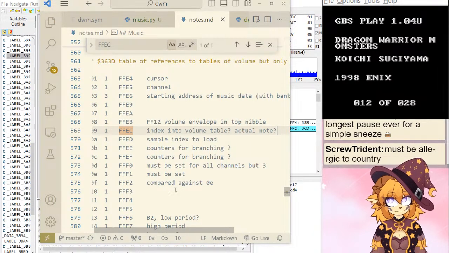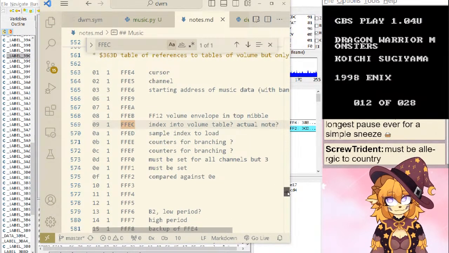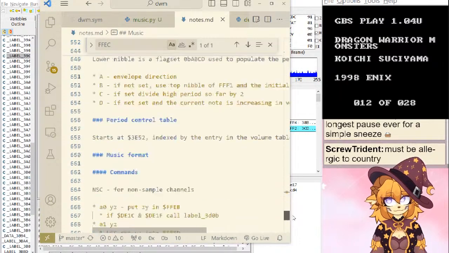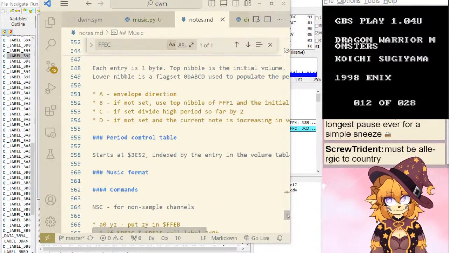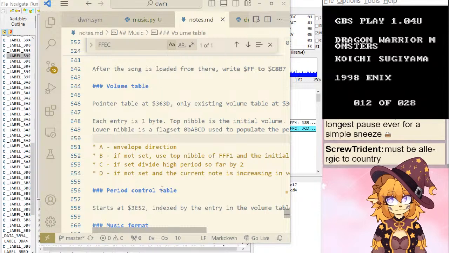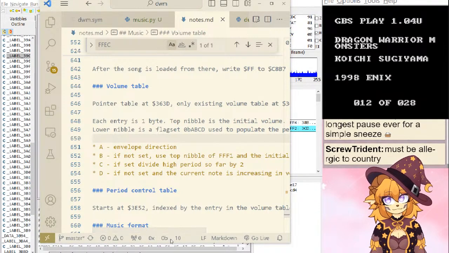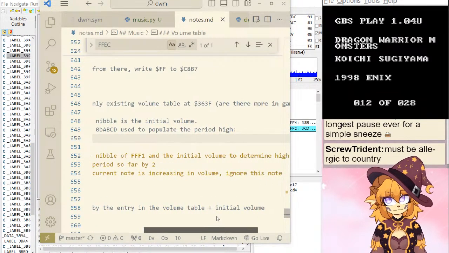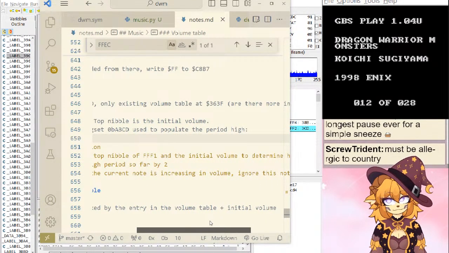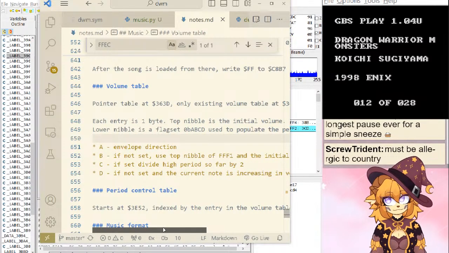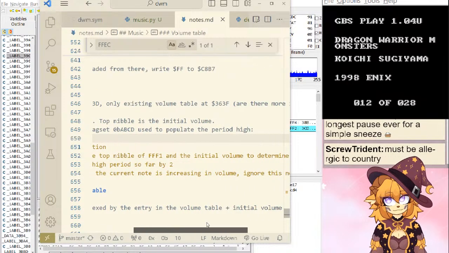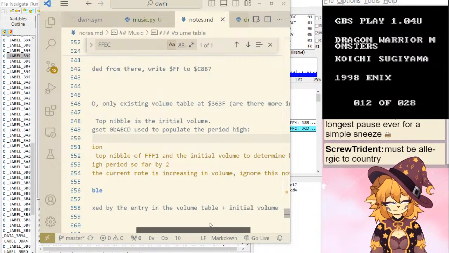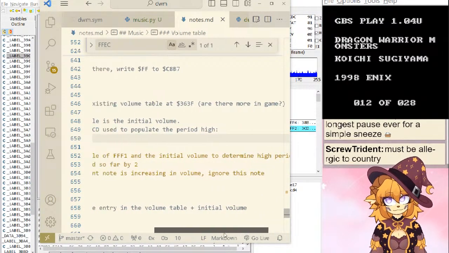So I think that yes, this might indicate that the volume table, which I talked about here, contains more than volume information, perhaps. No? Populate the period high. Envelope direction, if not set, use the top nibble of FFF1 and the initial volume determines the high period.